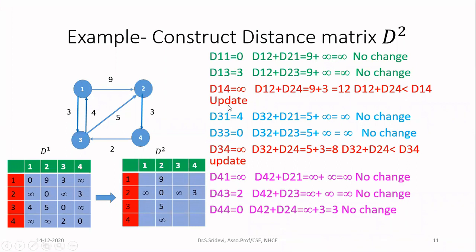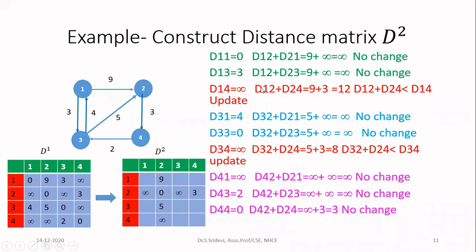Now let us see one with change. Let us see what will happen to that. Now let us consider D14. D14 is cost of going from the node 1 to node 4. So in the original matrix, from 1 to 4, there is no direct path. So we have the distance as infinite. So now we are going to consider whether I can reach from node 1 to node 4 through 2. Is there any shortest path available through the node 2? So let me add D12 and D24. D12 here is 9. Then D24 in the row 2, in the column 4, it is 3. So 9 plus 3 is 12.